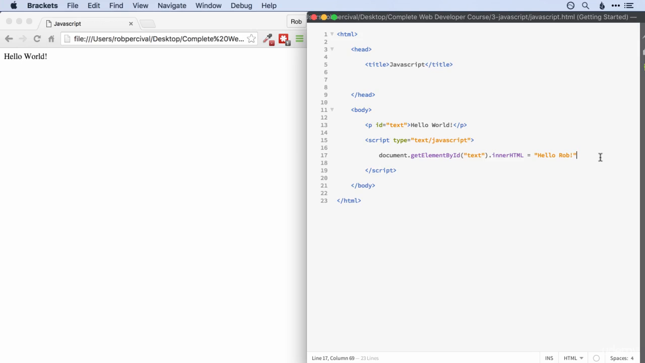So there's quite a lot of new stuff in there, so take a moment to just go back and make sure you understand what each of those bits are doing. I'm going to quickly recap it for you. Document means that we're going to get something within the document that we're working in, so that's this whole HTML document here. And then getElementById says that we want to get an element within the document by its ID. Then we pass the ID that we're interested in, which is text,